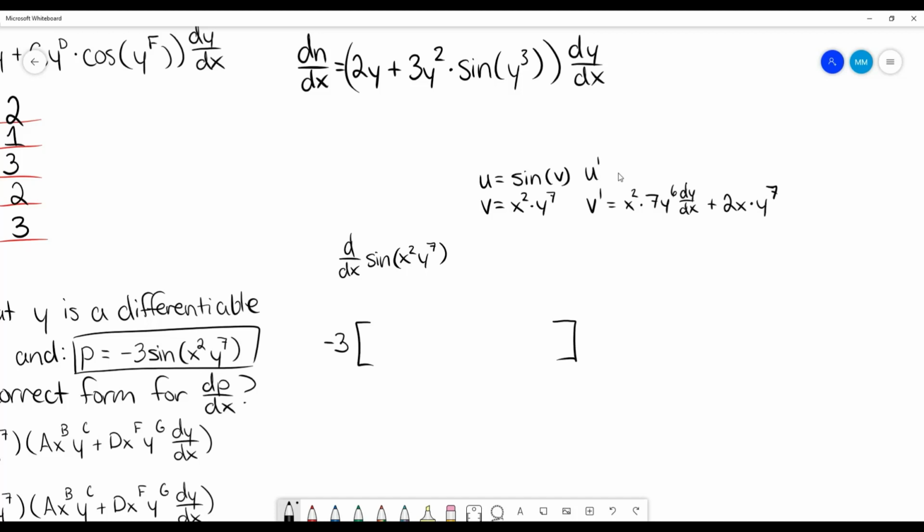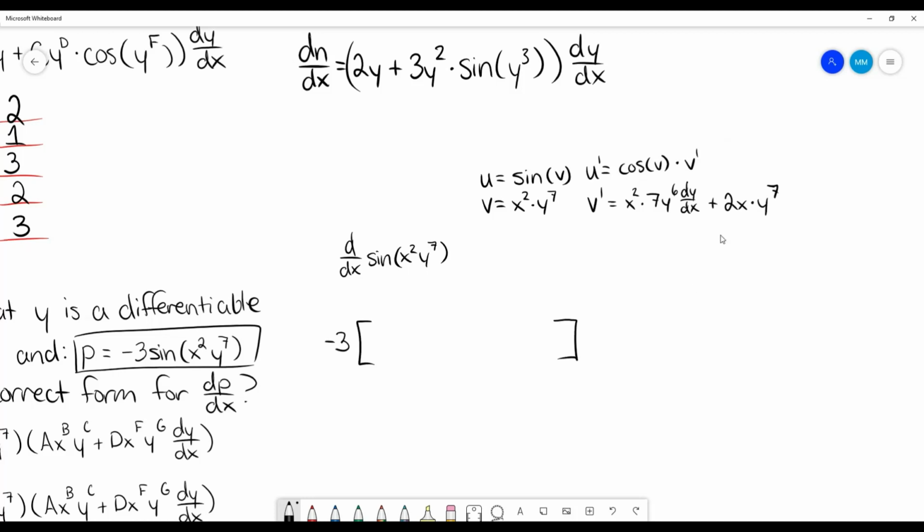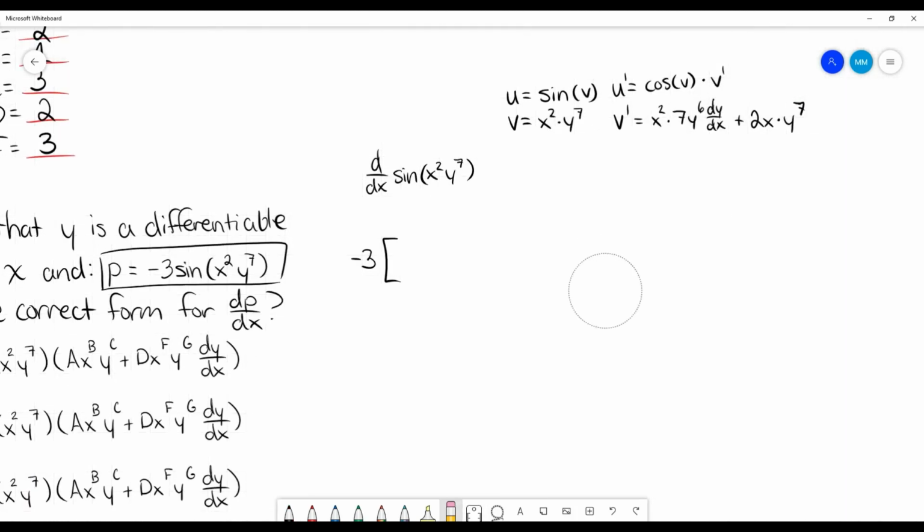Okay, and we know the derivative of our outside is going to be the derivative of our outside of the inside times the derivative of our inside. So I might need to make a little more space here. So we know that it's going to be cosine of our inside, which was x squared times y to the 7th, times the derivative of our inside, which is all of this here. So let's go ahead and write that out. And I'm just going to switch these two terms around, so don't get confused by that. So I'm going to write this one first and that one second, just because I can with addition. So it's times, and remember, put your parentheses,